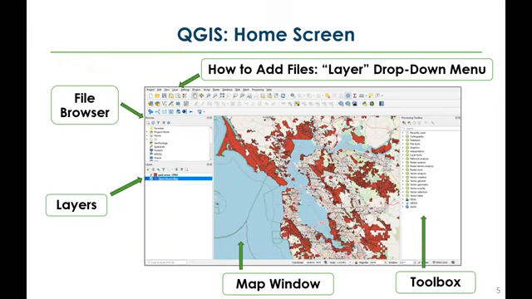Right here, we're looking at the San Francisco Bay Area, and this is mapping parkland areas from a California statewide database. Over on the right, you have a toolbox, which we'll take a look at a little bit later, but the toolbox is quite helpful. It's a feature that's been built up over a number of years, and it integrates analysis functions that have been created specifically within the QGIS program, but it also integrates in several other open